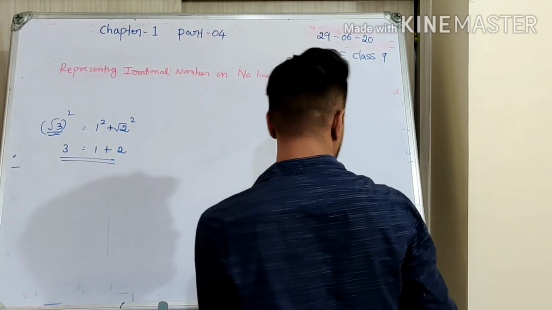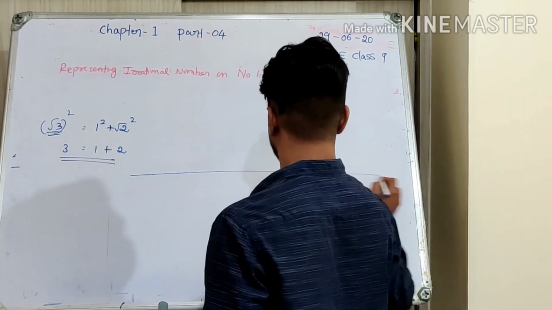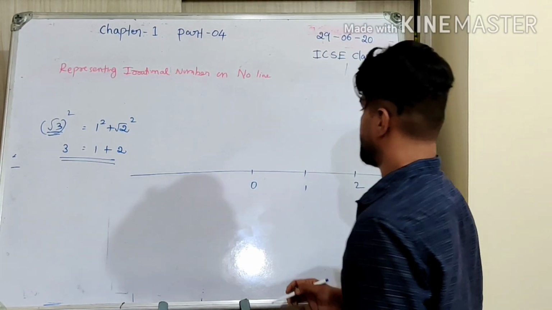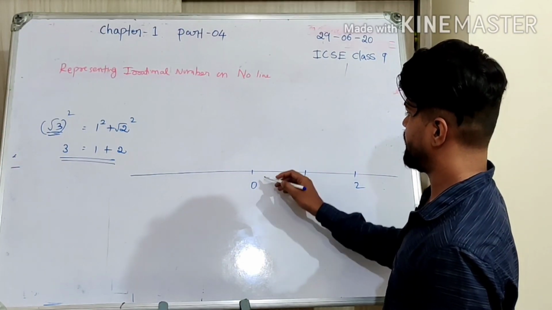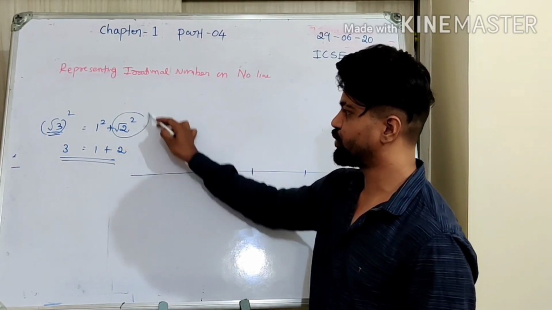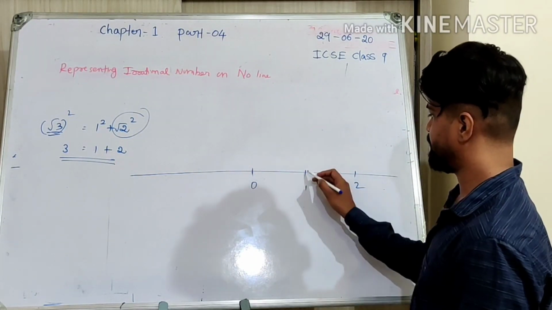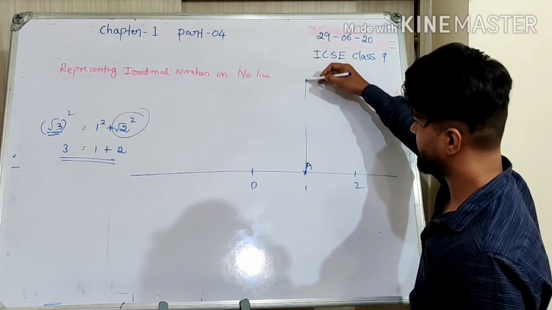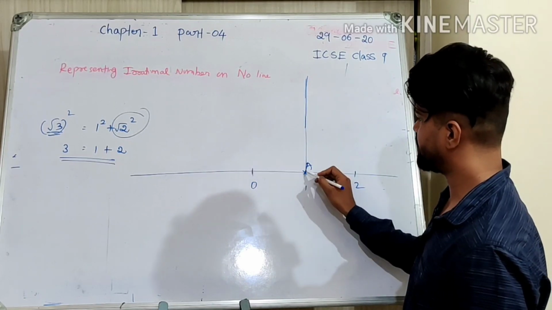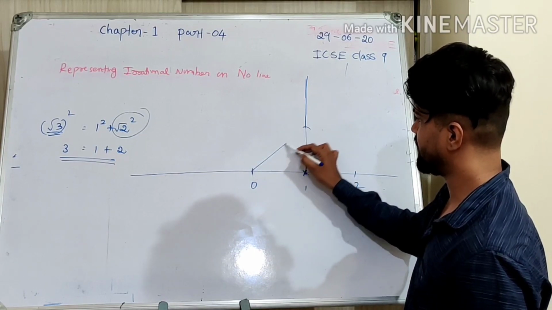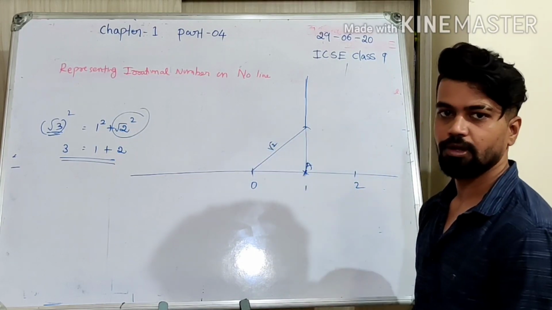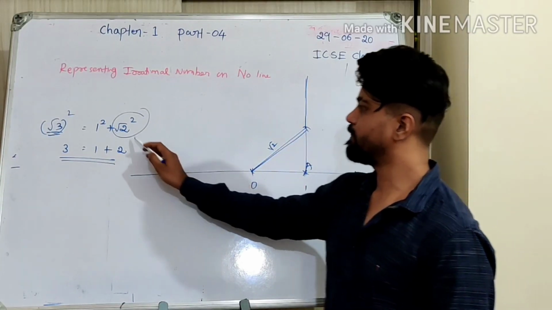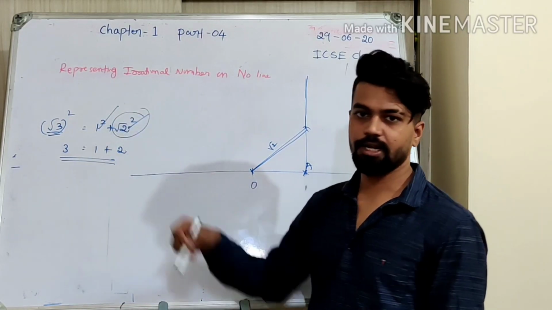I am going to draw the number line. So now what we have here is, first we have to have one side root 2. To get root 2, what should we do? Same process. We take this as a center and draw a line perpendicular to this. From this A as a center, I'll cut an arc and then I'll get this distance root 2. After doing this, I have got one side root 2.